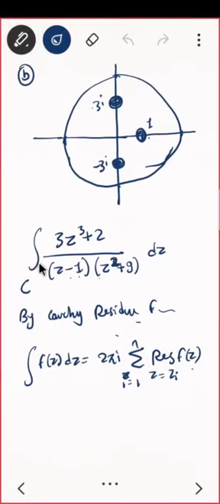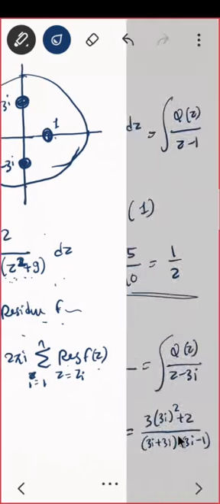Let us quickly see first what we did. This was (z minus 1)(z square plus 9). These are the three, and all my singularities are lying in the region, so I have to solve. I cannot go with Cauchy integral formula because it is not of that form. If there was only one singularity, then I could have done, or if every singularity is in a different term, this upon first singularity, this upon second, then also I can use my Cauchy integral. But here I cannot do. So I can use the Cauchy residue theorem. I just have to calculate the residue of each of my poles, residue of first, second, and third. So that is what I am doing.